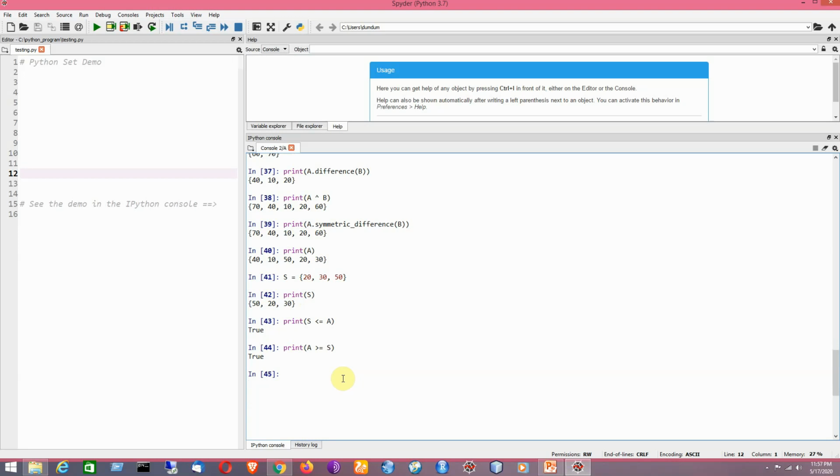Now we are going to create frozen set. Basically frozen sets in Python are immutable sets, and we can perform all kinds of operations on frozen sets that are permitted in normal sets in Python. The advantage of frozen sets is that they are hashable and can be used as keys to a dictionary, like the tuple. So they are hashable and they can be used as keys to a dictionary.